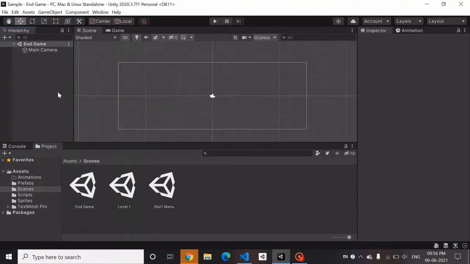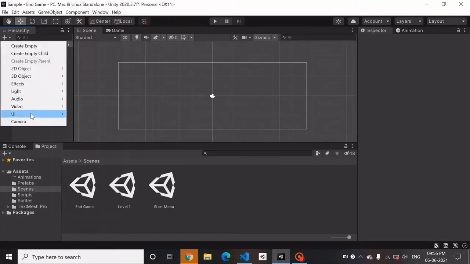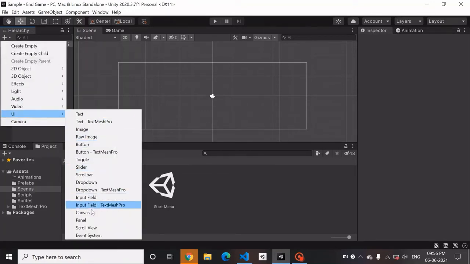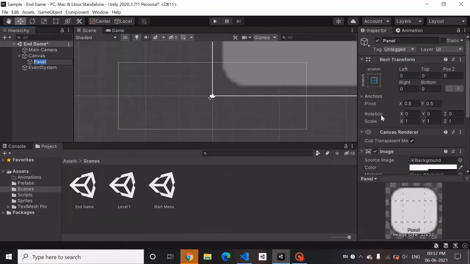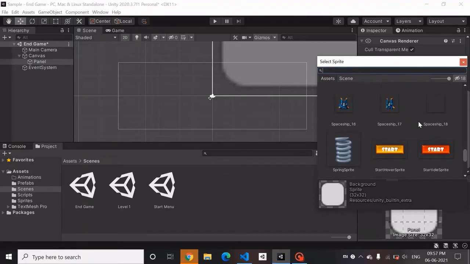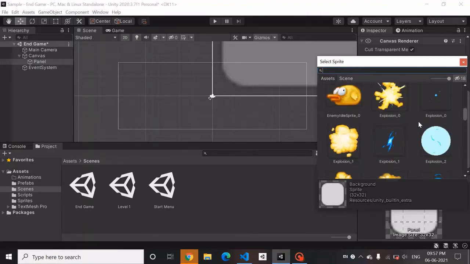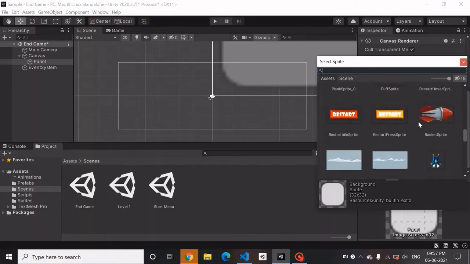So for that, we are going to again create a canvas, panel, and in the panel, adding the image. The sky image.